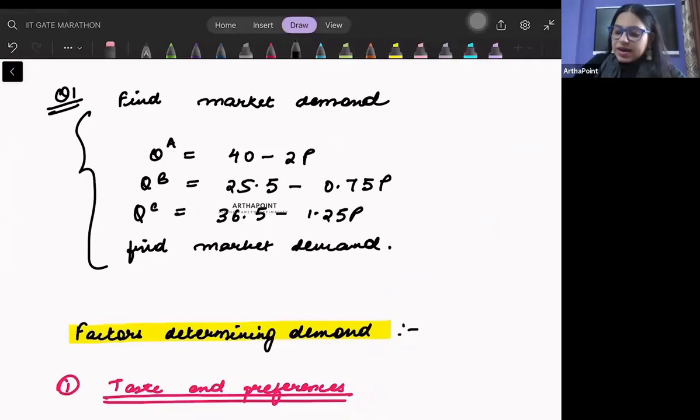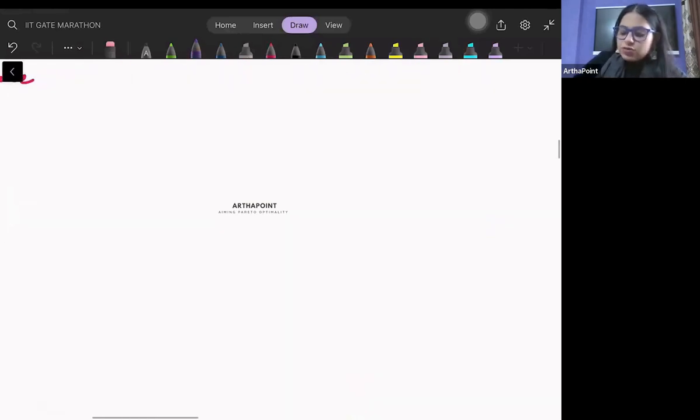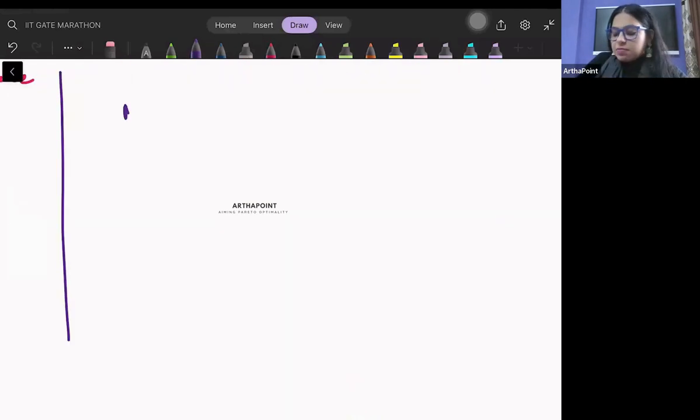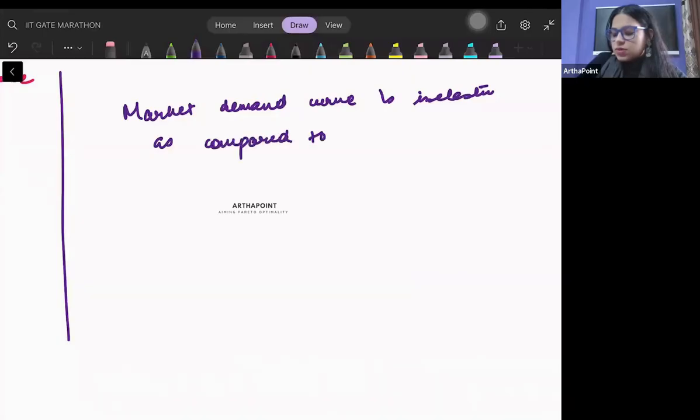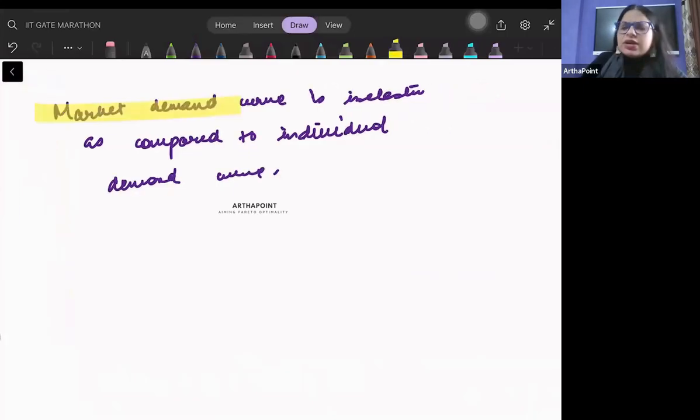Now, जब हम मार्केट डिमांड की बात करते हैं तो मार्केट डिमांड बेसिकली क्या बताता है? मार्केट डिमांड इज एडिंग द डिमांड ऑफ इंडिविजुअल people together. So one thing that can be asked in exam is that market demand curve is inelastic as compared to individual demand curve. है ना? तो बस ये याद रखना है हमें कि जब हम मार्केट डिमांड की बात करते हैं,